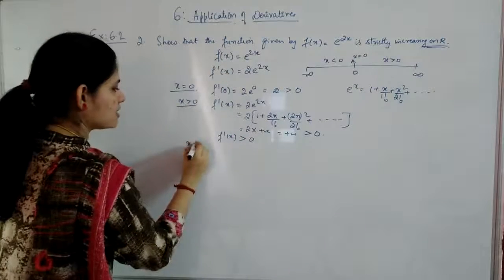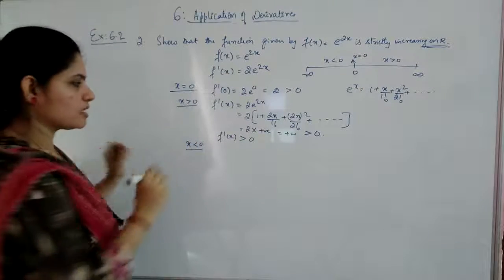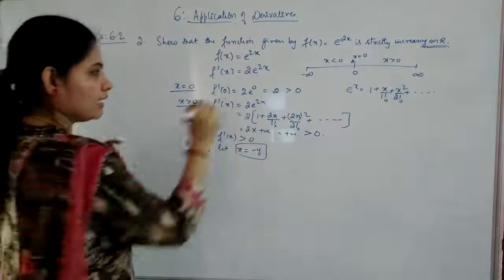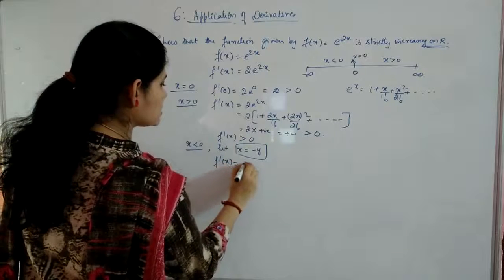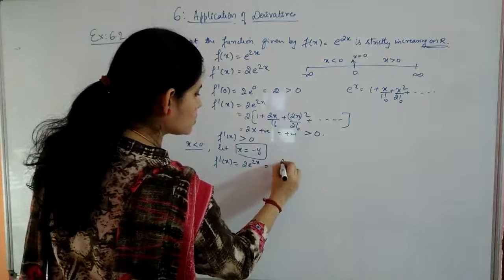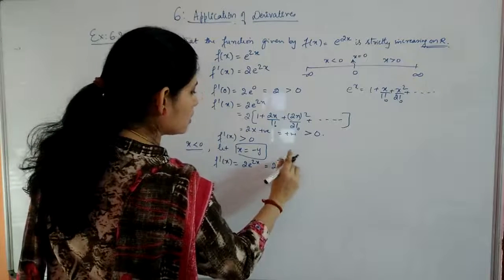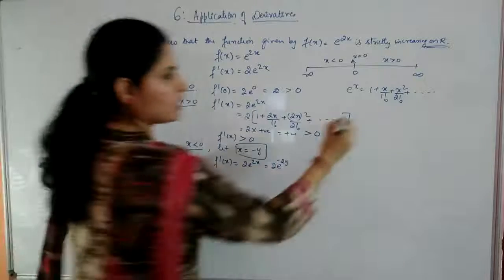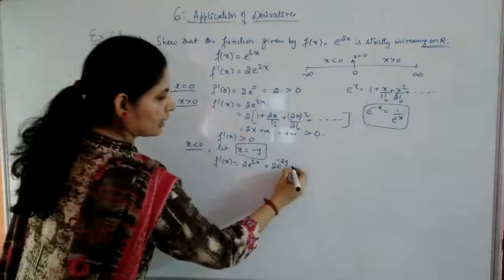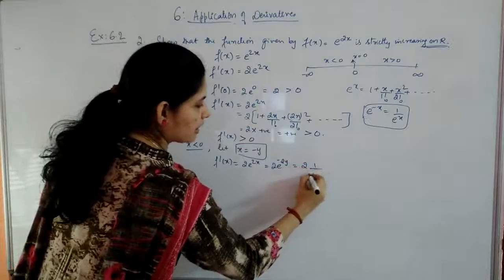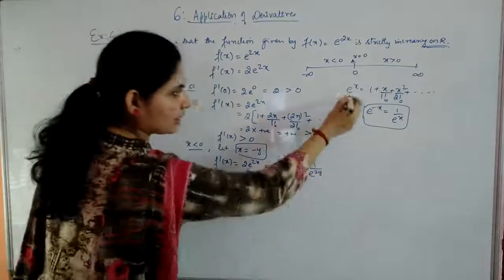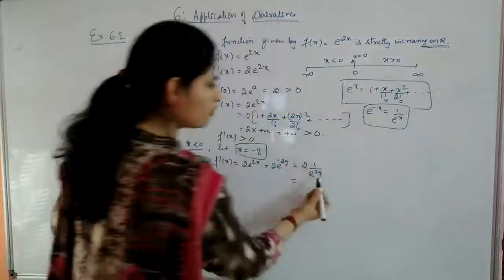Now the case is x less than 0. When x is less than 0, I am just taking, let x be a negative quantity. Now again I am going for f dash of x, which is 2 e raised to 2x. Replacing x with minus y, you will get 2 e raised to minus 2y, correct? Again e raised to minus x is the same as 1 by e raised to x. So I can write this as 2 into 1 by e raised to 2y, in order to make the power positive. Okay. Now I am applying again the definition of e raised to x for e raised to 2y.